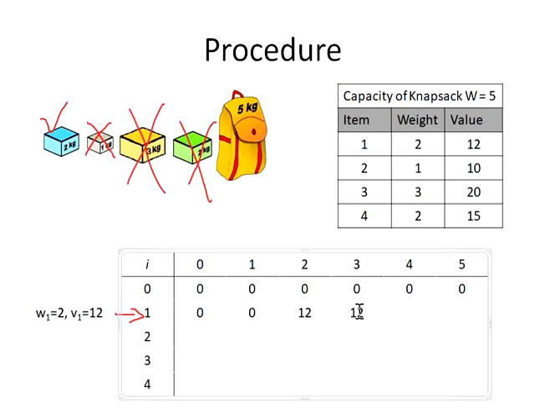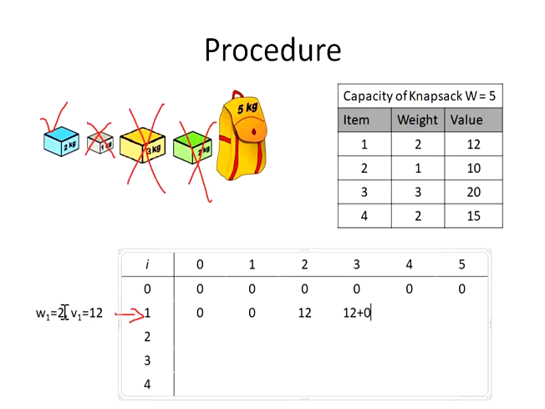Its profit earned is 12 plus how much is the remaining weight here? If I use 2 kg in a bag of 3 kg, then 1 kg remains idle. So 1 kg I can use from the previous row. What is the value of 1 in the previous row? It is 0. So I have to add 0 to this: 12 plus 0 is 12 again. So compare with the previous row. Compared with 0, which one is greatest? 12 is greatest. So I retain 12.